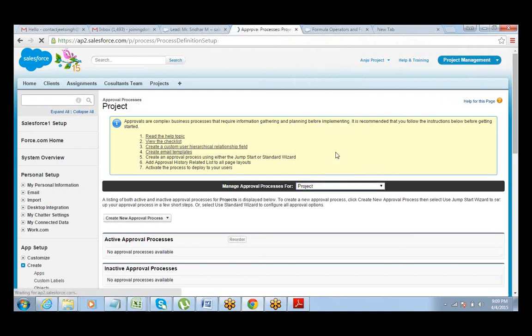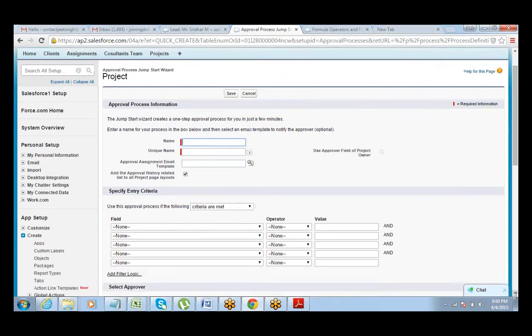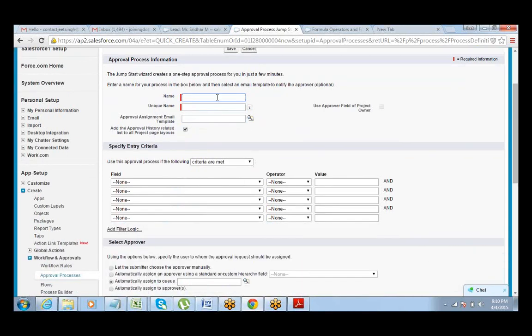Here it is. So my approval process is for the project object. Select this one: use the Jumpstart wizard for creating an approval process. Jumpstart wizard is a simpler, easier and faster way of creating the approval process. So just use that. Give a name to the approval process: Big project approval.